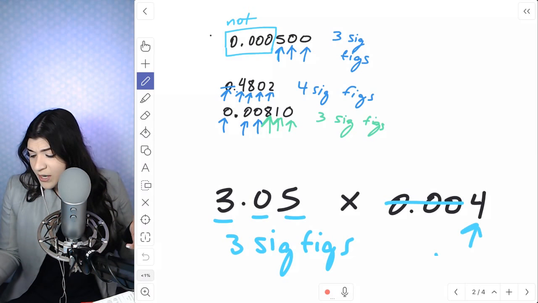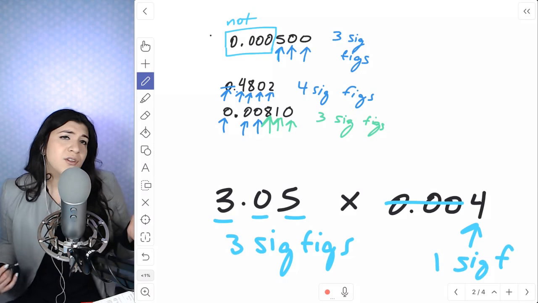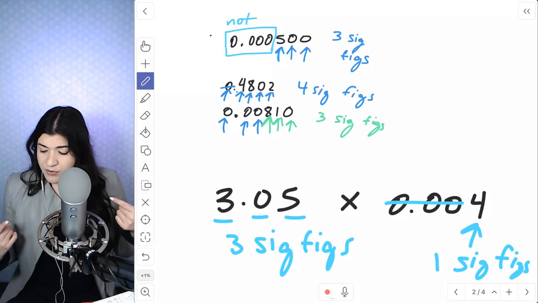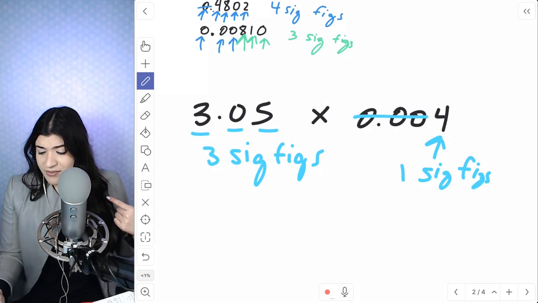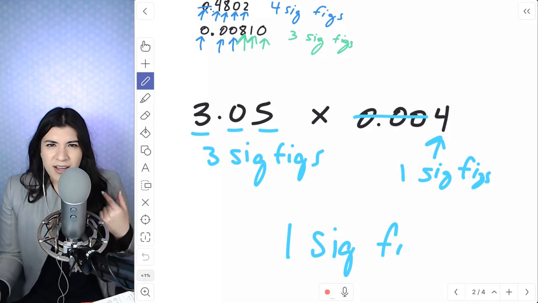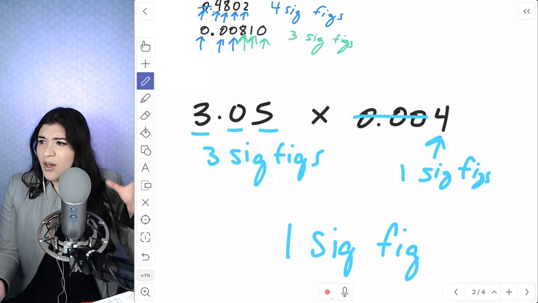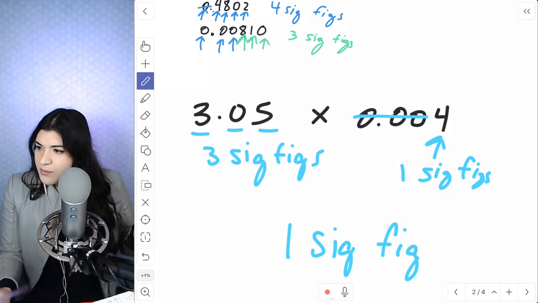And then whenever we're multiplying, remember that you have to look for the least amount of sig figs. So after you do this multiplication, you would only round to 1 sig fig. So that's what I want you to think of. You will be using these typically. Okay, cool. I'm going to move on